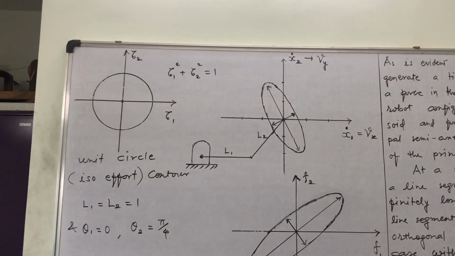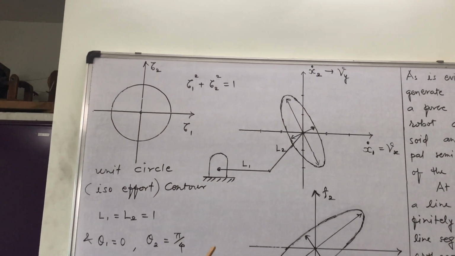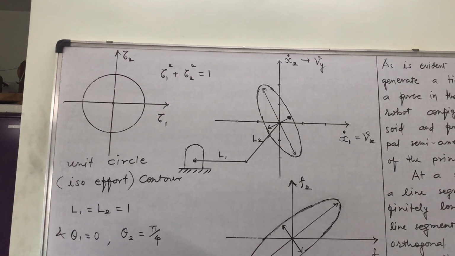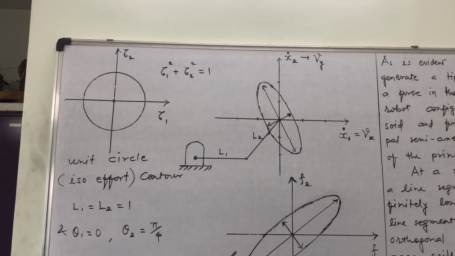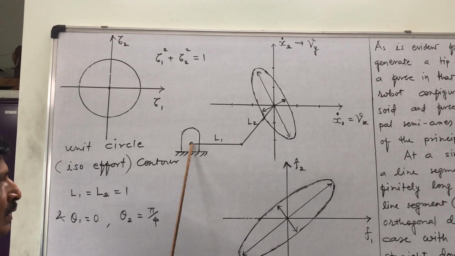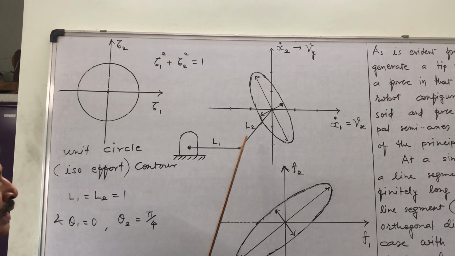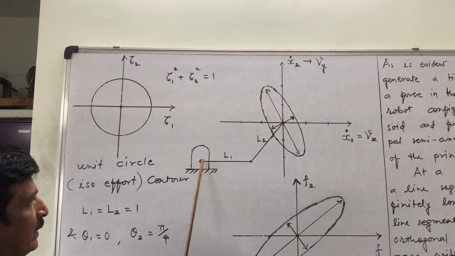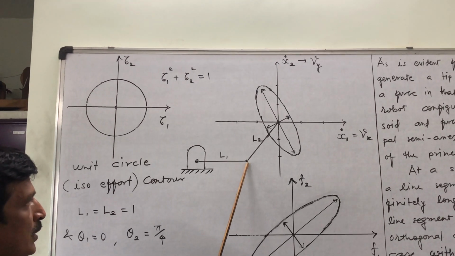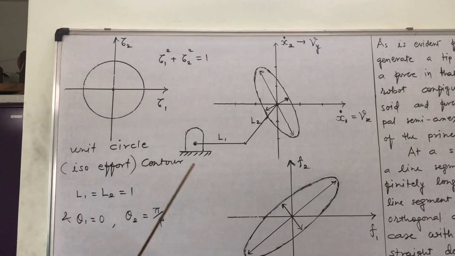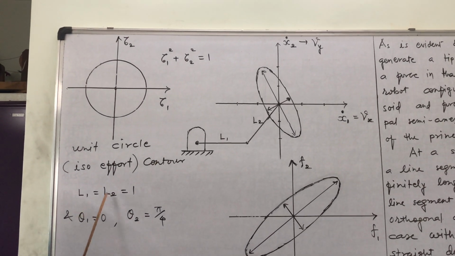Today we will discuss the manipulability ellipsoid, that is the velocity ellipsoid, and the force ellipsoid, and the relation between them for a given posture. We are considering a two-R planar robot with links L1 and L2. There are two joints, this one and this one. This one is a movable joint, this one is stationary. For the sake of simplicity, we have considered L1 and L2 both as 1,